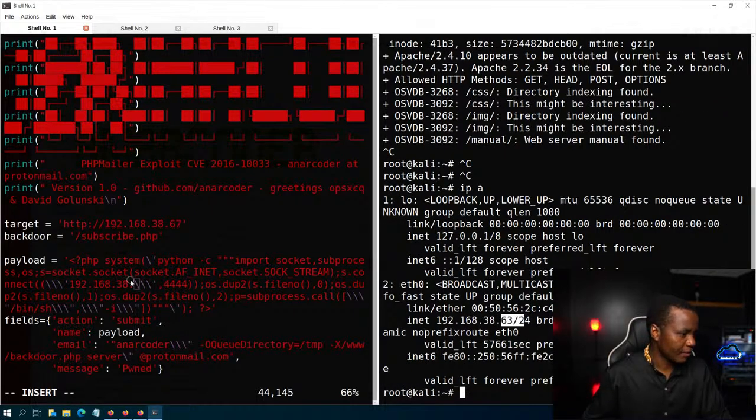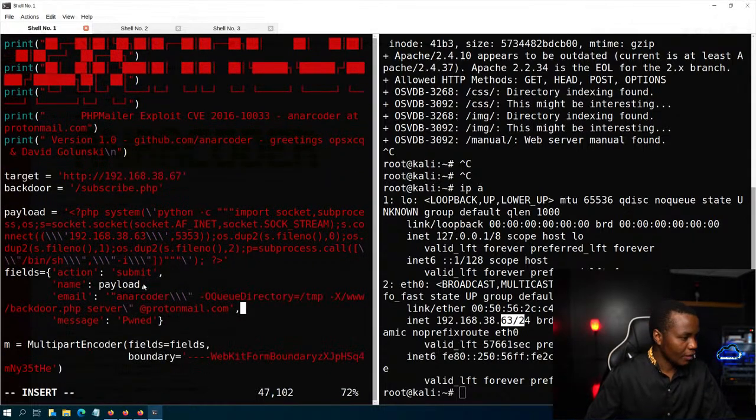So that's what we need to put right here. All right, port 444 may be a little boring. Let's put our custom port 5353. All right, so this is the payload. What happens here is after we put the payload there,